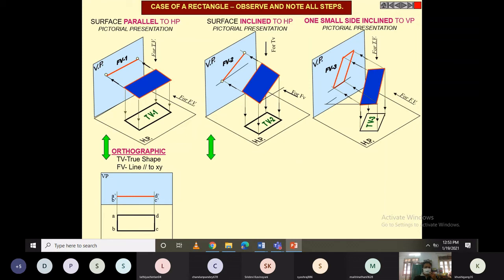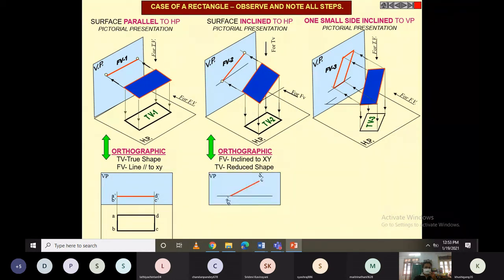Now, for the second case, the front view is at an inclination, whatever inclination they provide. So you just construct a line which is at a certain angle provided in the statement. So this is how your front view looks. And for the top view, obviously you take the help of the end projector of A dash, B dash, and the end projector of D dash and C dash. Based on that, you can construct this A, B, C, D.